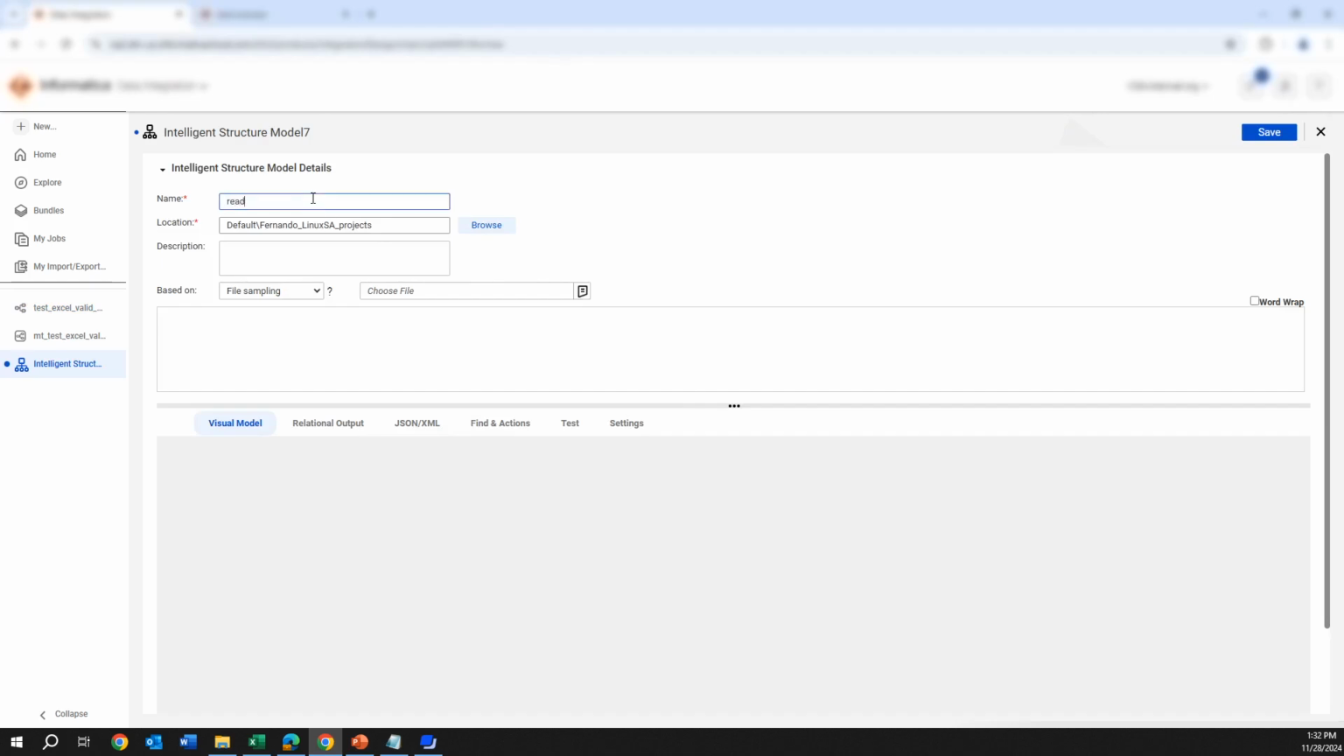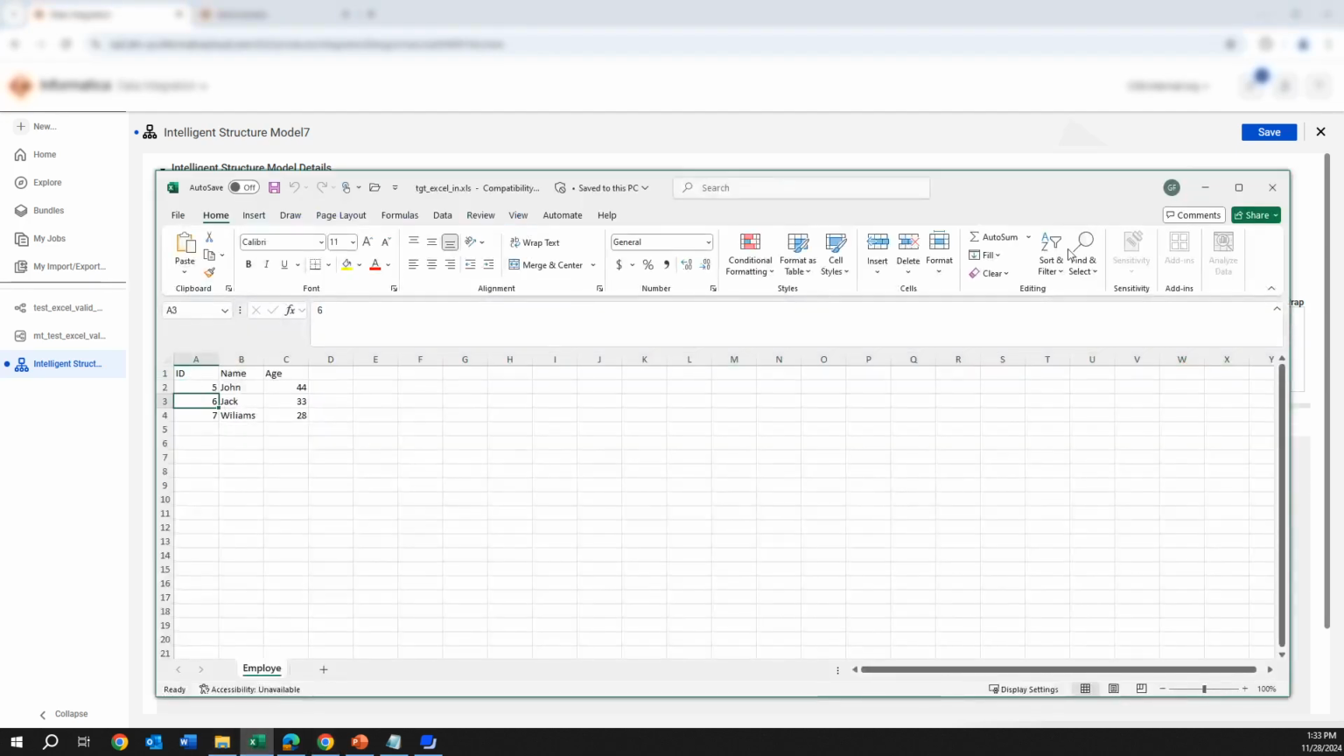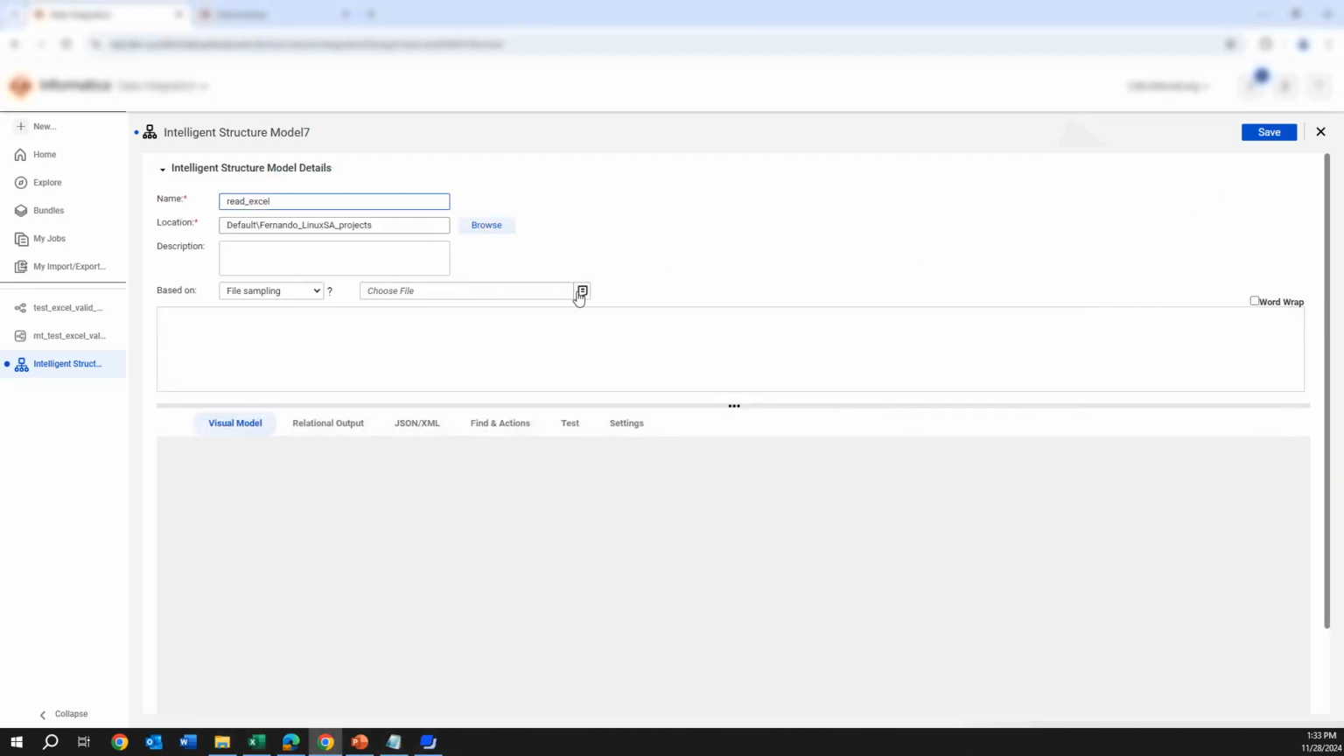You can give it any name that you want. Read Excel. And you will need to give one file as an example, so this intelligent structure model can read the schema from this file. And all the future files, they need to have similar schema. So based on file sampling, and I am going to use this file here as my sample. So I need to choose my file,